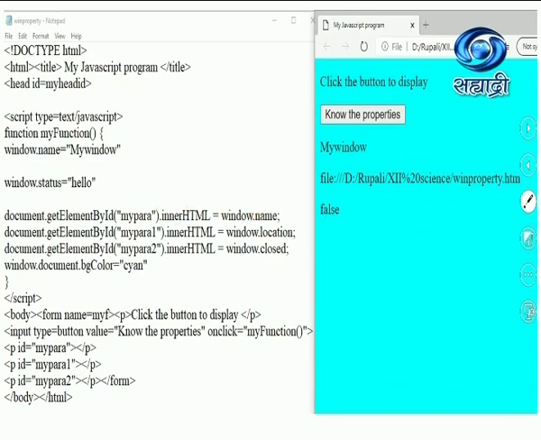Now over here, observe for this name, it has been mentioned as myWindow. Location has displayed the complete path of my file, and I have written window.closed, whether it is closed or open. As it is open, the window.closed property is saying false. So here BG color cyan has appeared because of this bgColor property of the document object. So this is all about the properties of the window object. We have learned the properties name, location, closed. All these are the properties of the window object.